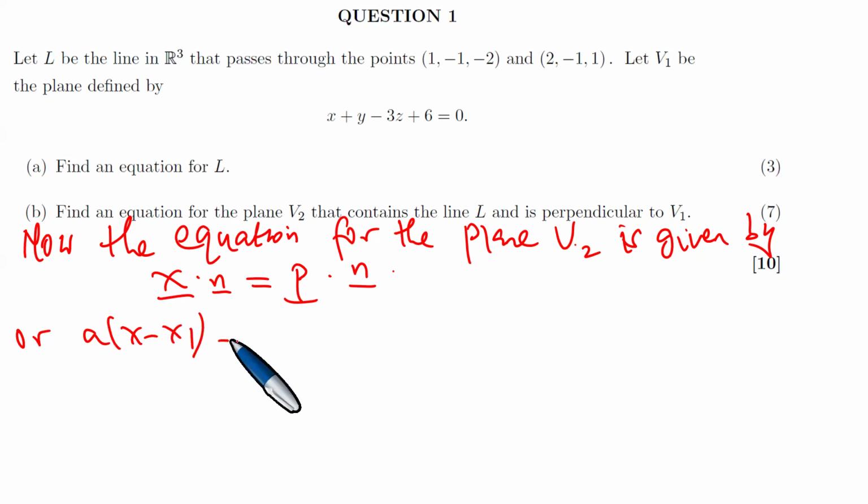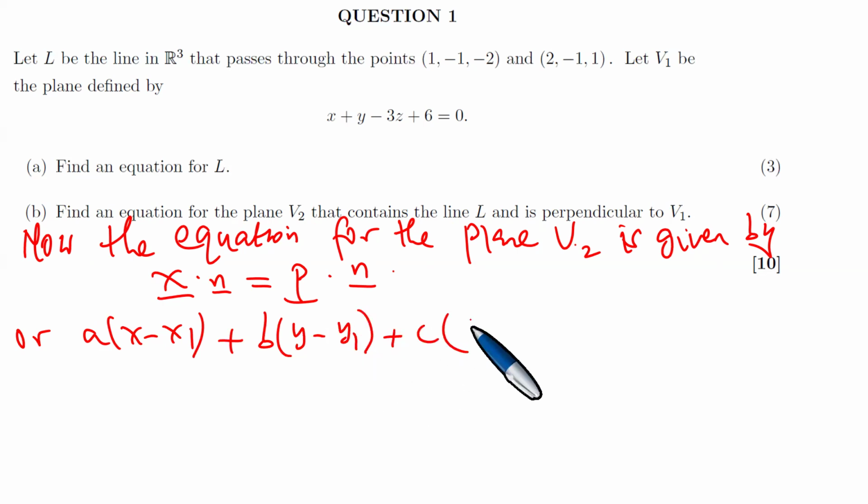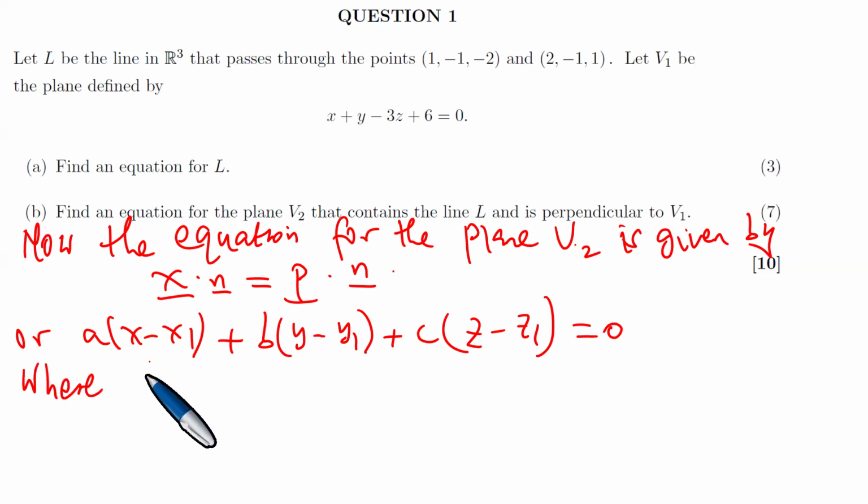A(x minus x1), b(y minus y1), c(z minus z1) equals 0. So to find the equation of a plane, we can use the top one or the bottom one. We are spoiled for choice. And we make mention of the fact that this is the case where